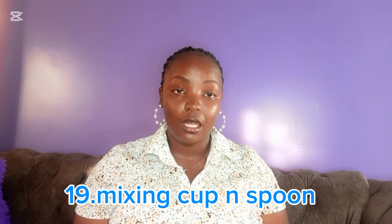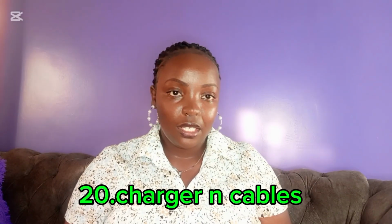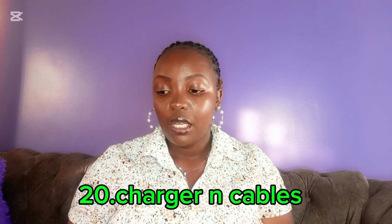So another thing you need to carry, in case you carry your own sugar, coffee and chocolate, or you want to be making your own teas, you can carry a mixing cup and a spoon. When I was packing, you saw that, and use that to make your own coffee in the room. So that is self-explanatory. A charger, obviously, and cables. Shower cap for showering. You need to carry your own perfumes. And something I said when I was packing for my bags for going there,